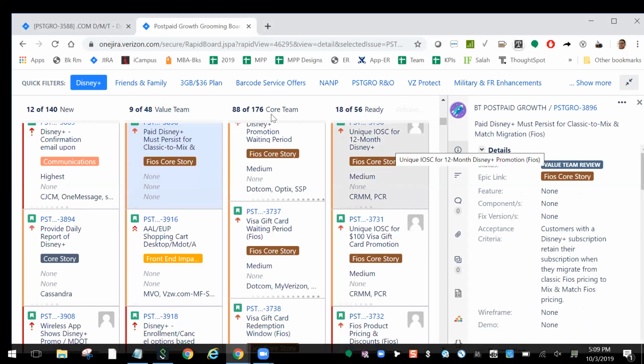And then from the core team, those are the engineers. They're going to do their own grooming session. So that's a separate grooming meeting that they're going to do. Most companies, the value team and core team is just one grooming session, but at Verizon, there are 2 separate meetings. And after that, the next step is called ready. And in the ready stage, these are ready for development. So once the sprint is going to be happening, sprint planning,